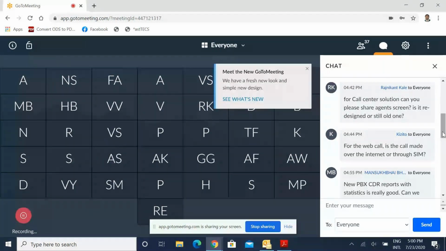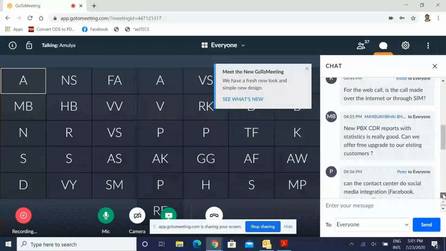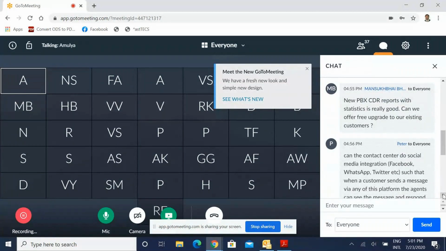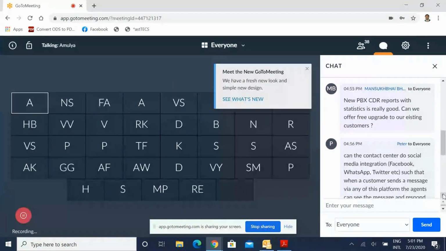The next query is, the new PBX CDR report with statistics is a really good one. Can we offer a free upgrade to our existing customers? Yes, I hope our management team is also there. This was a large demand or request from the sales team.